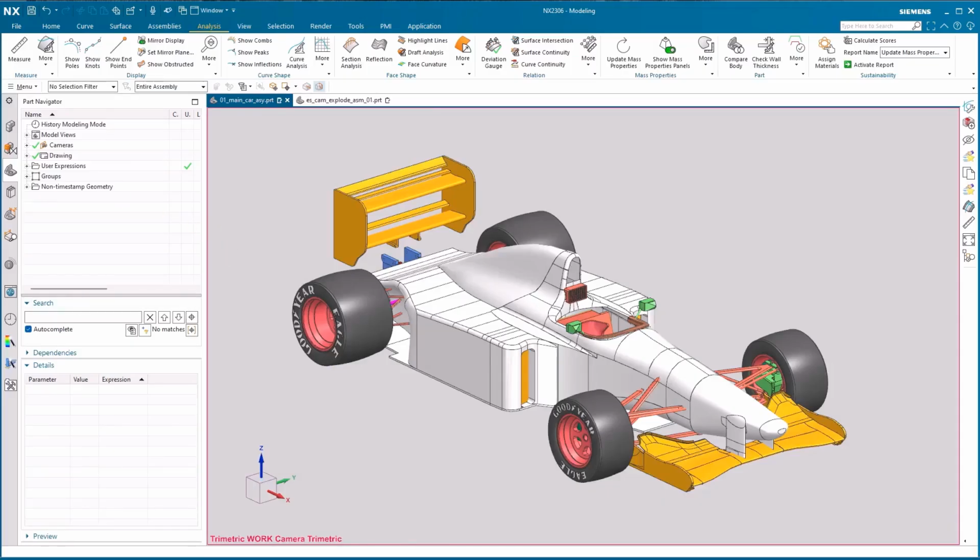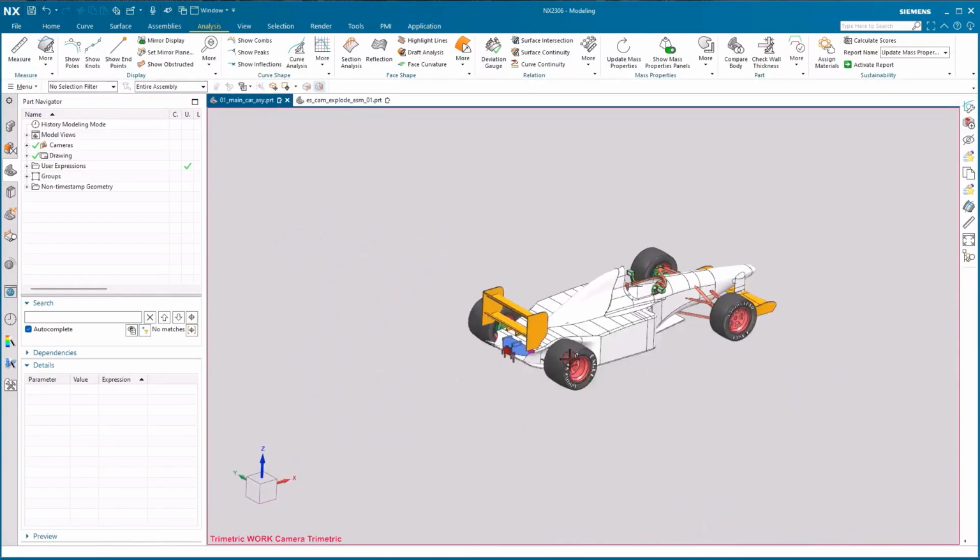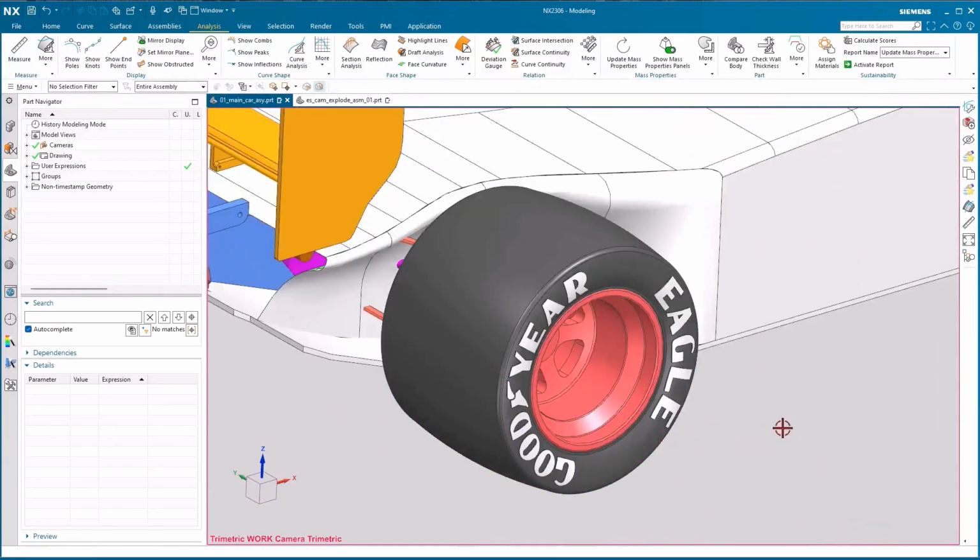In this demonstration, we're going to take a look at creating some bookmarks inside of this race car assembly. The way bookmarks work, all we have to do is set up the view that we want. So I'll zoom up on this rear tire inside my race car assembly. If I want to create a bookmark of this presentation so I can quickly get back to this view zoomed up at the level that it's at with the correct components loaded here,